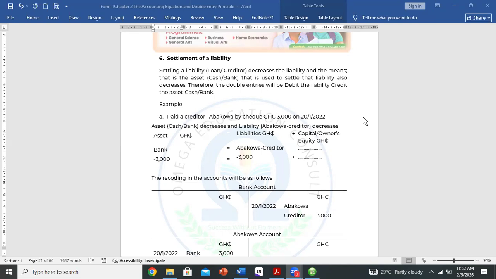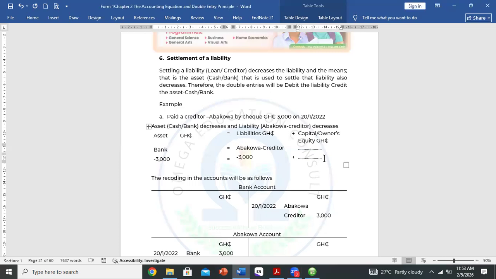The liability will be a loan or a creditor or any other liability, and the asset will be cash or bank. And as I hinted, it could be a vehicle or a land, right? Okay. So the first example was paid a creditor, Abakwa, by check. So we are paying a creditor. Abakwa was somebody we owe, a liability, a creditor, right? So since we are paying,